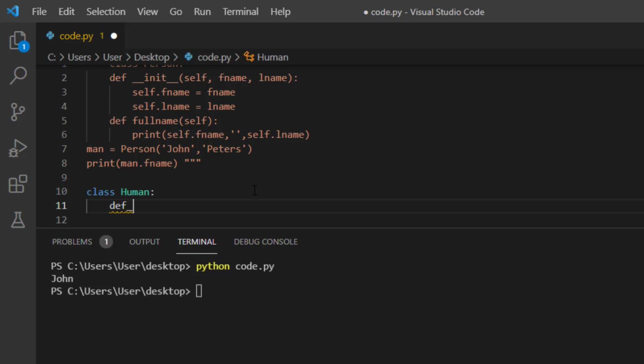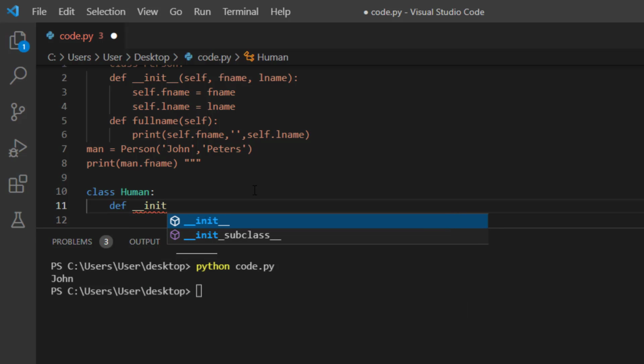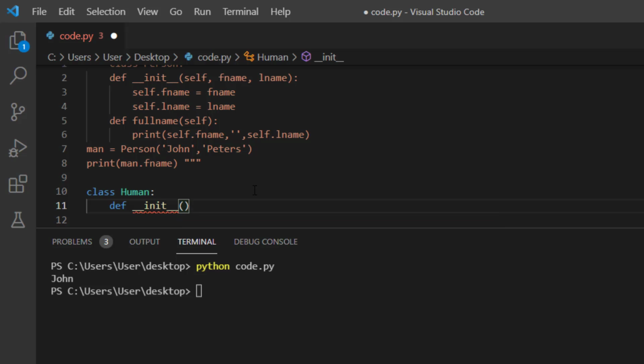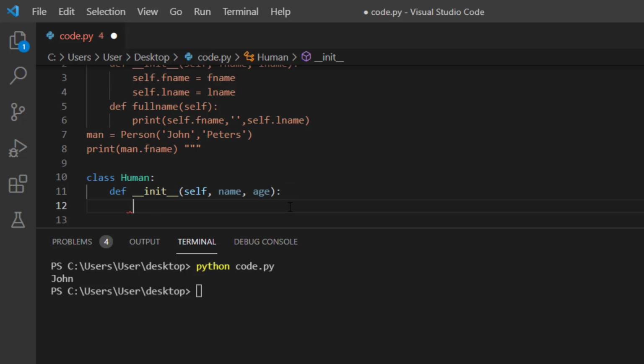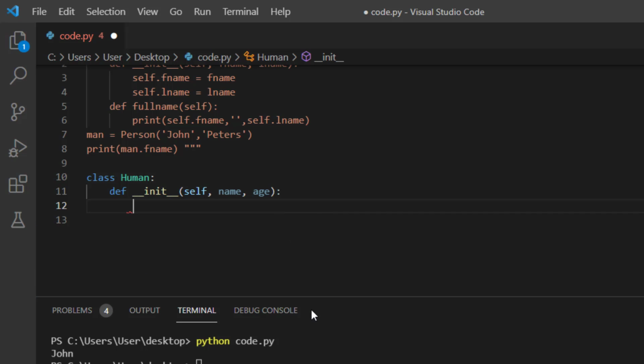So def, then underscore init, and then you have self, which is the first thing, and then we want our human to have just a name and age. Okay, this is what we want to do. I'll just pull this down a little, guys, so we have room to work. The next thing we want to do is